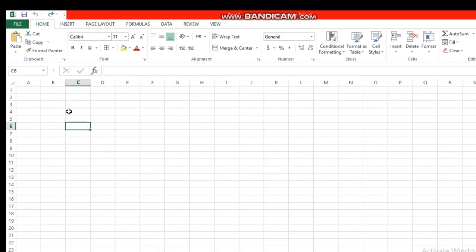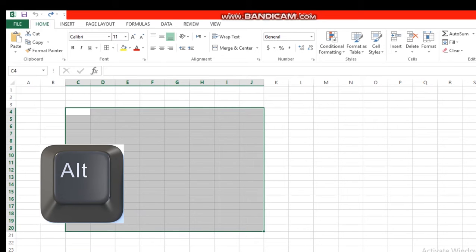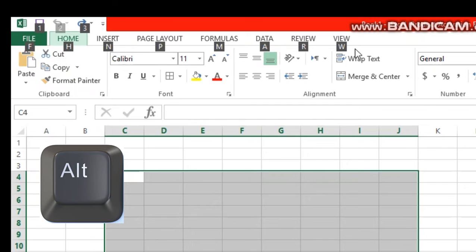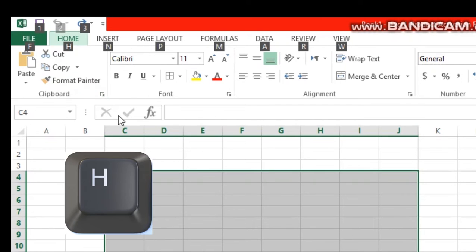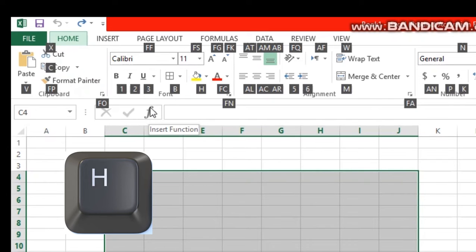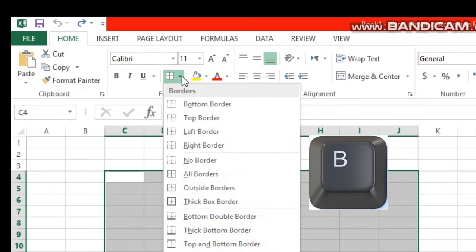So I want to select some cells and press the Alt button. You will see the shortcuts of the tabs. Now go to the Home tab, press the H button, and you will see this is the bottom border tool and this